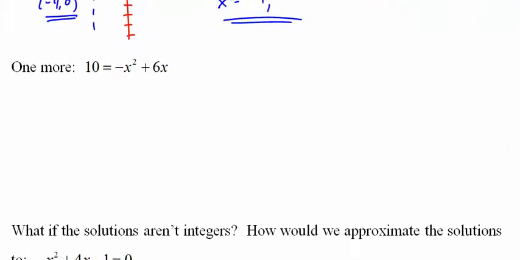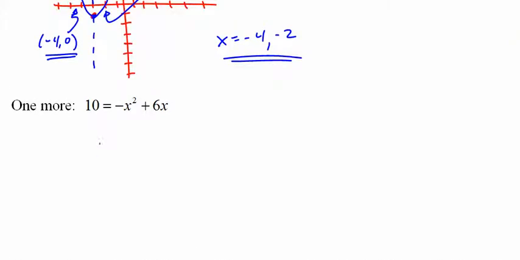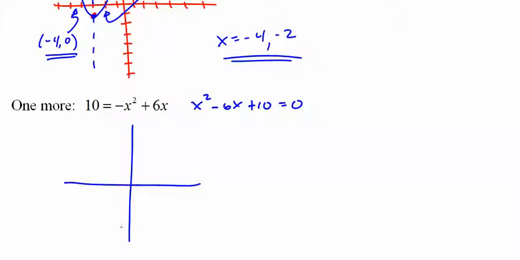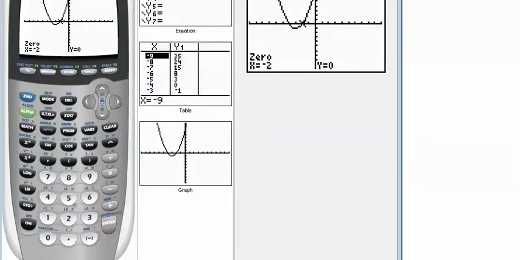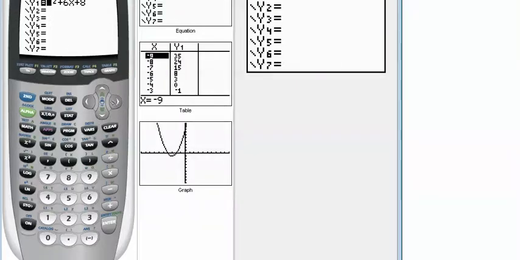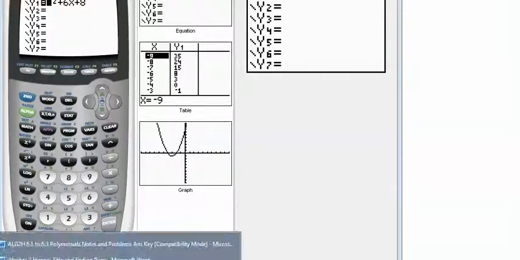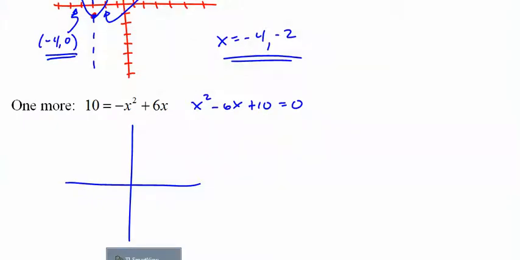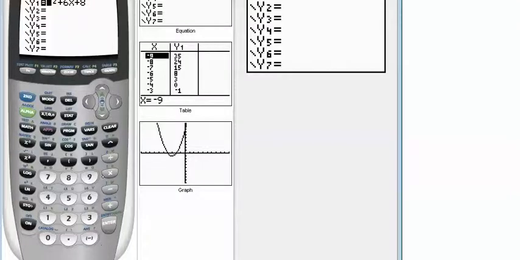So, here's another one. Again, I like to move everything over. X squared minus 6x plus 10 equals 0. And we do all this work. I'm not in the mood. I'm just going to graph it. I always forget what the actual equation is. Minus 6x plus 10. X squared minus